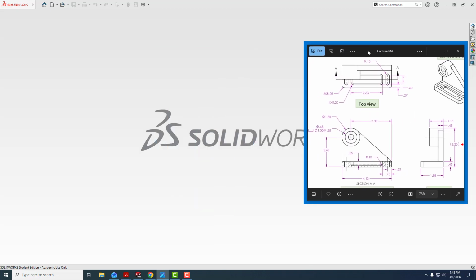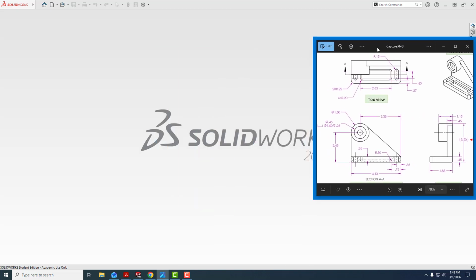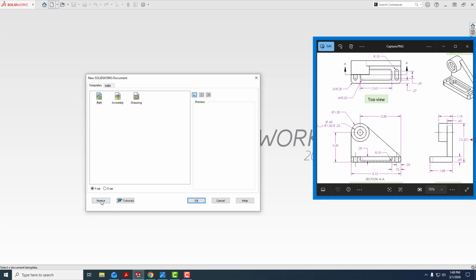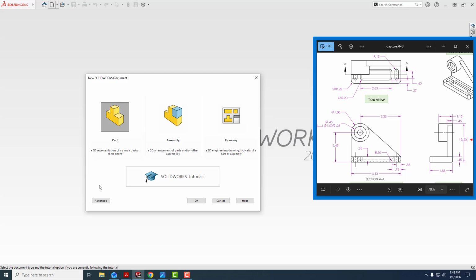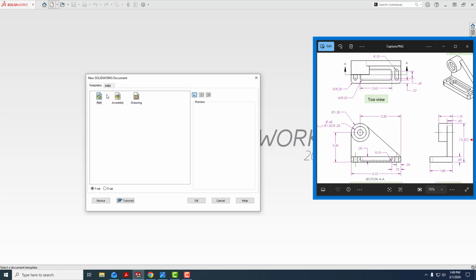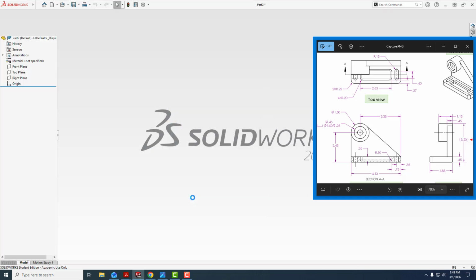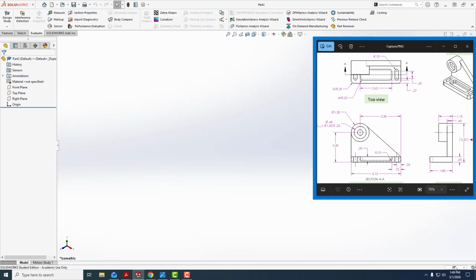So what we're going to do, the parts are all in inches here, so I'm going to create a new part. Normally we're in this view. You can be over in the advanced view, which could have different templates, but let me stick over here in the part view and I'll say OK. The units down here on the lower right hand side are in inches. That's what we want. And I'm going to create a sketch